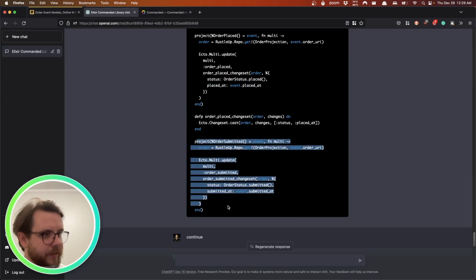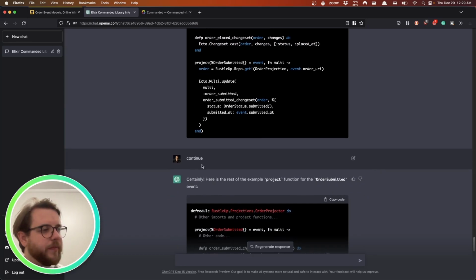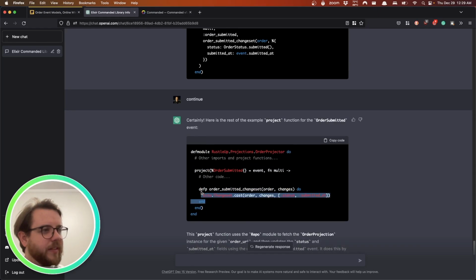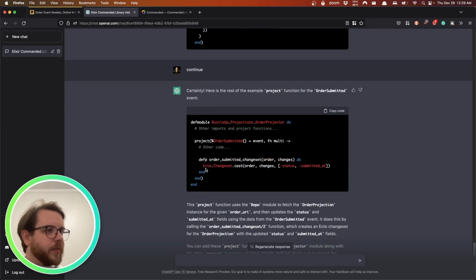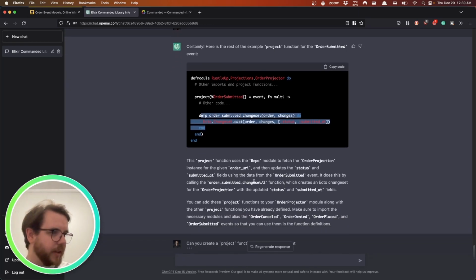Order submitted. It actually finishes the full project function, but doesn't create this private function that should go down there. And it doesn't close out the module. So I knew it was still in the middle of something, told it to continue. And yeah, here it messed up very slightly. It defined a private function inside of a project macro, but whatever. Honestly, that was perfectly fine. I was able to copy and paste that one little function, and it gives some